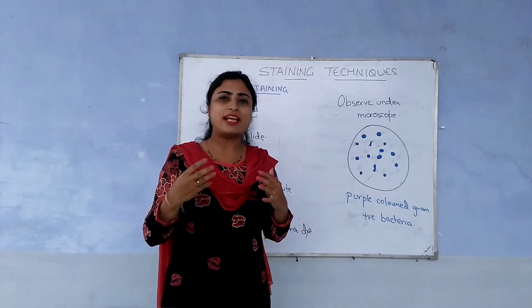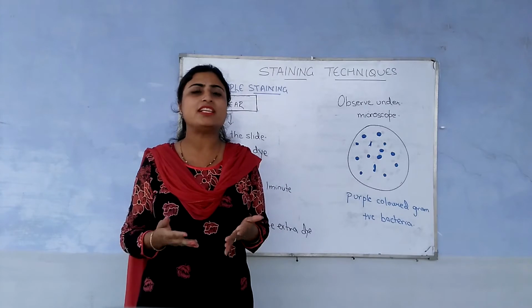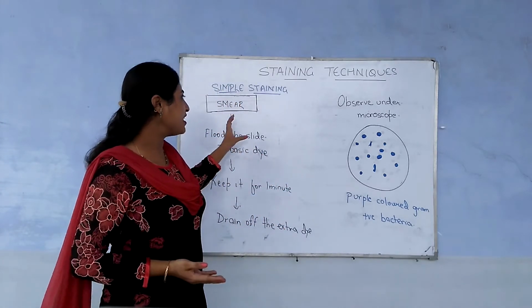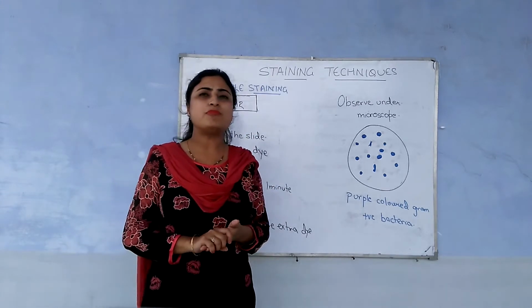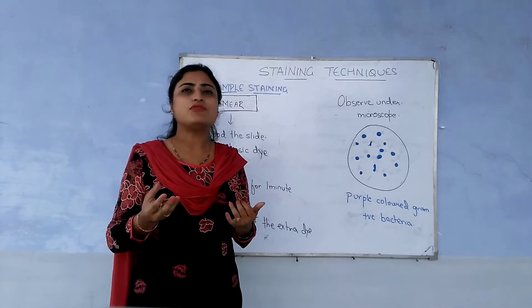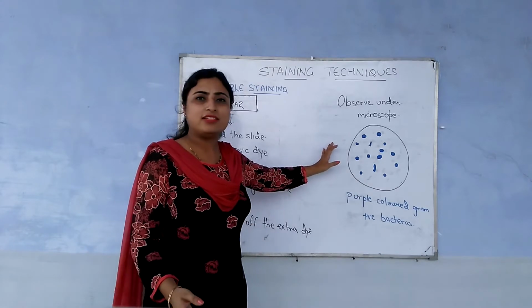We all know that the cytoplasm of bacteria contains various acidic components like proteins and polysaccharides, and when we stain this slide with basic dyes, the bacterial cytoplasm will retain that basic dye easily because of the presence of acidic components. So the components can be easily stained.